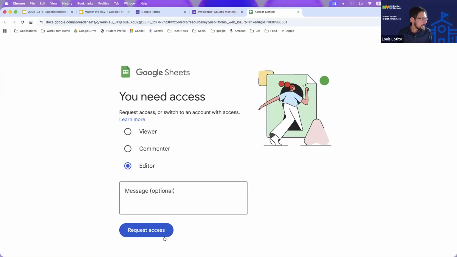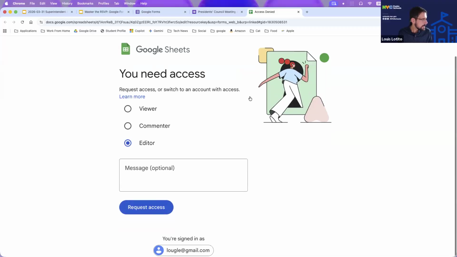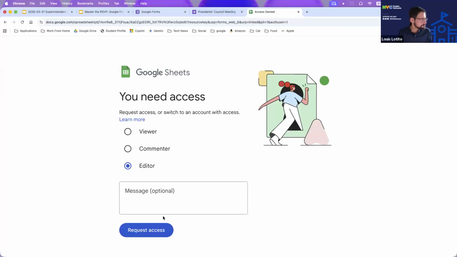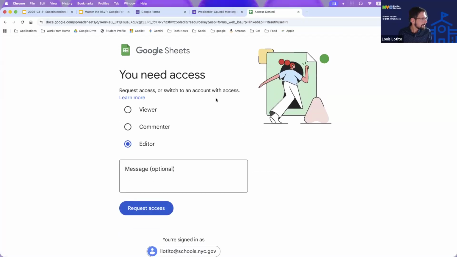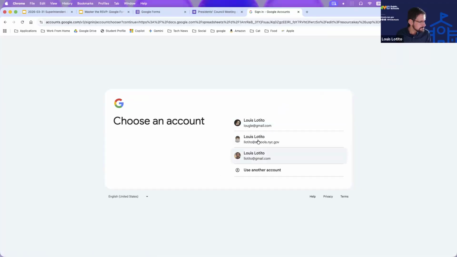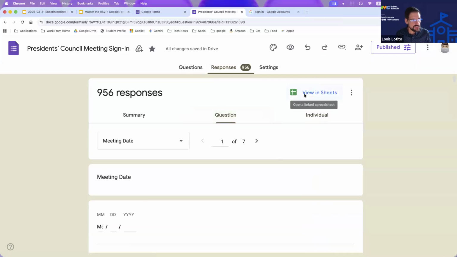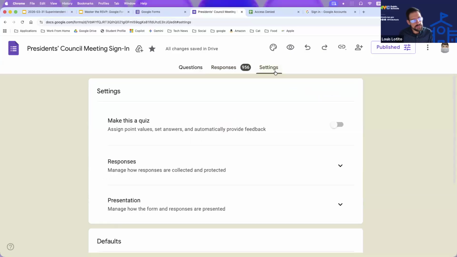this is what opens up that Google Sheet view that we talked about. And I am logged in with my personal account. Let me go ahead and switch over to that. And it says I don't have access to it. So let me switch over to another account. This account might be owned by somebody else. I have to look at that, but that's how you would look at the sheet, at the sheets view, at the spreadsheet. And then when we go into settings, this is kind of all the settings that we talked about before.